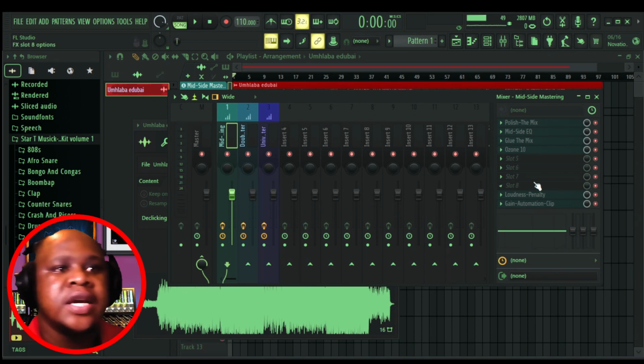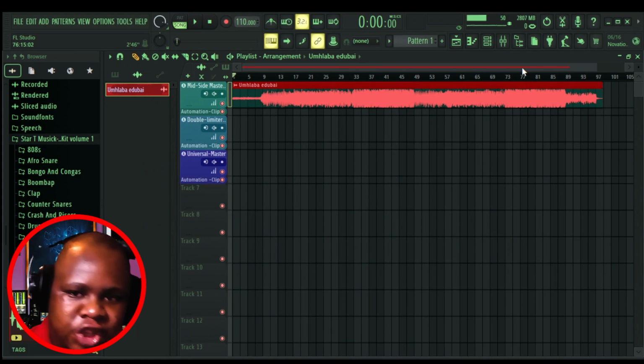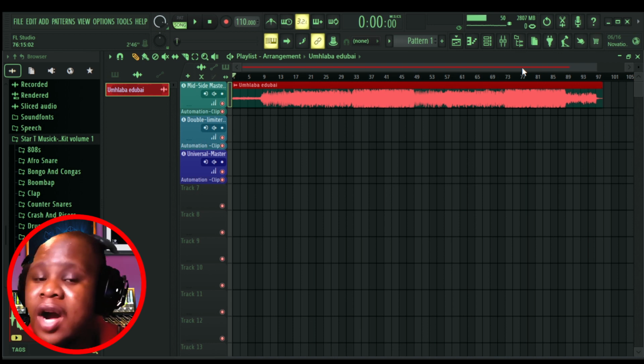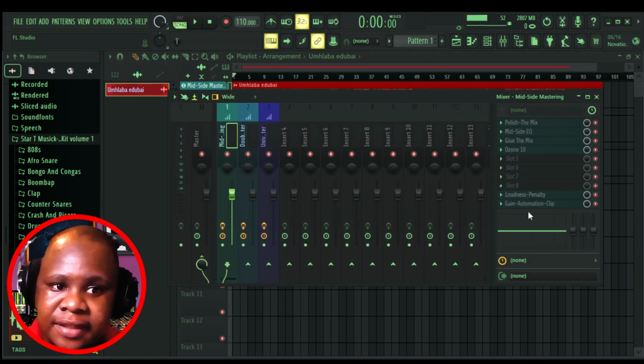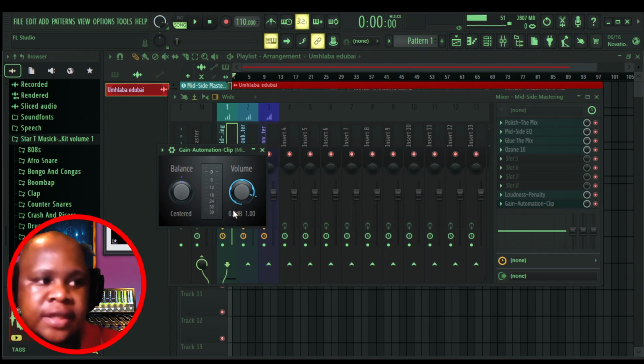It's because, guys, there are those plugins, those reverbs, that just give you a huge tail that will make your song sound a bit longer when it's not that long. We're going to come here on the mid-side mastering. As we are working on it right now,